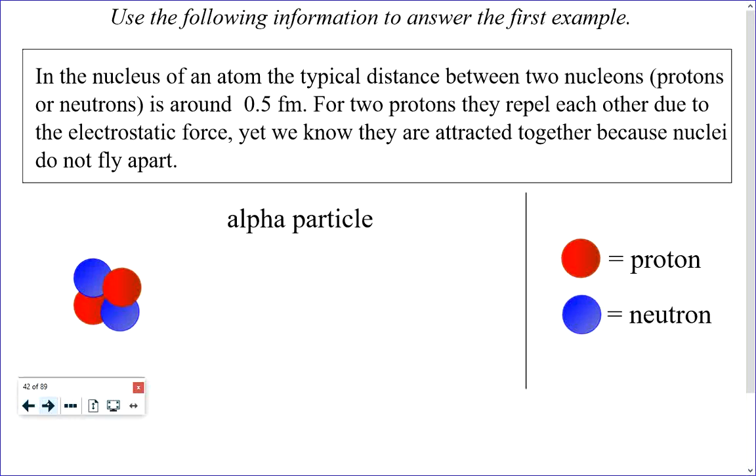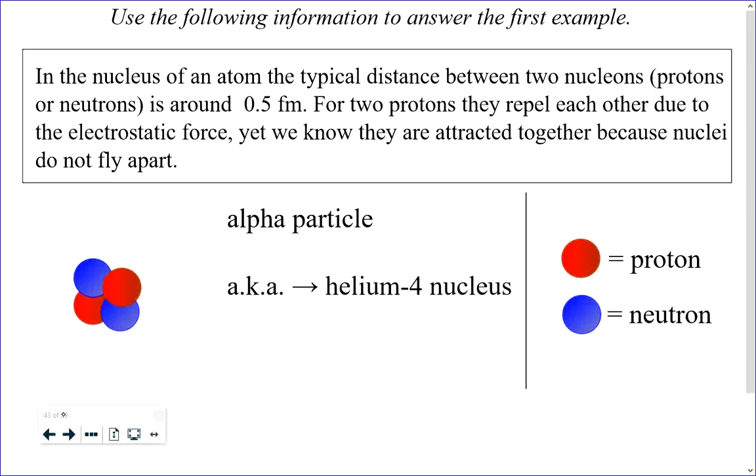Well, they do push away from each other, but they don't fly apart. The only explanation would be maybe gravity is strong enough to hold them together. Maybe. That's the only attractive force you know of between two protons. So what this question is saying is, this helium nucleus, which is a helium-4 nucleus, it has two protons, so